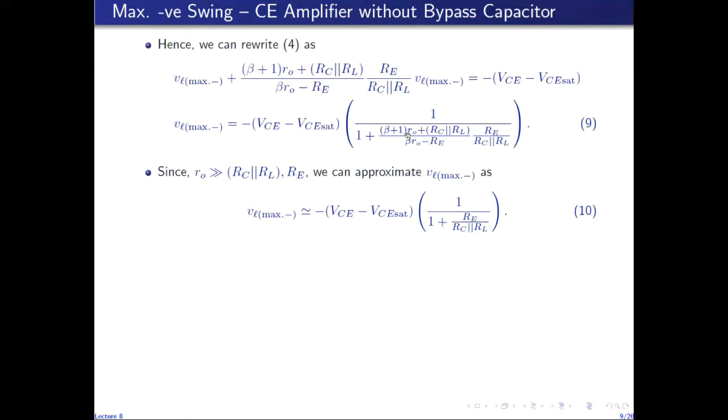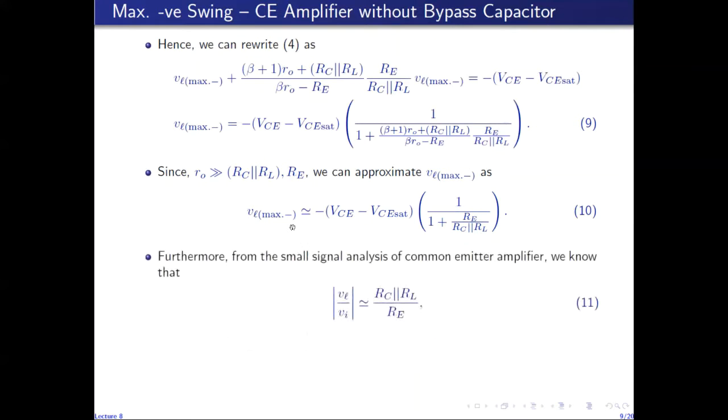And if we assume that alpha is almost 1, then beta plus 1 gets cancelled with beta. R0 gets cancelled with R0, and we are left with this factor. So this is the approximate expression for computing the maximum negative swing of the common emitter amplifier without bypass capacitance,